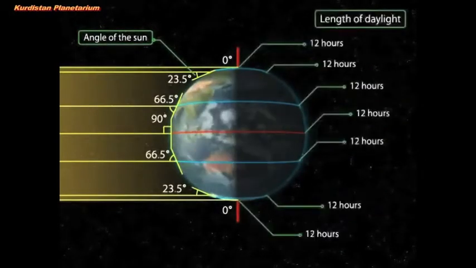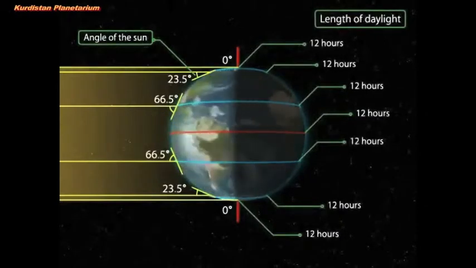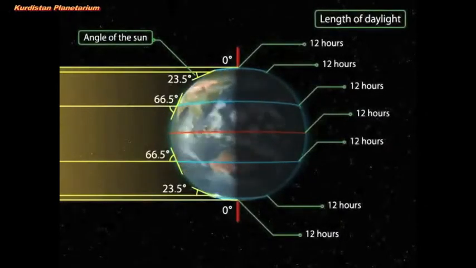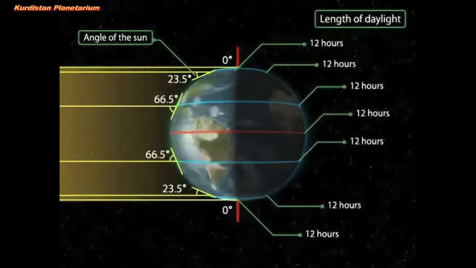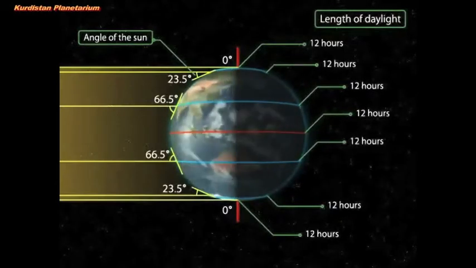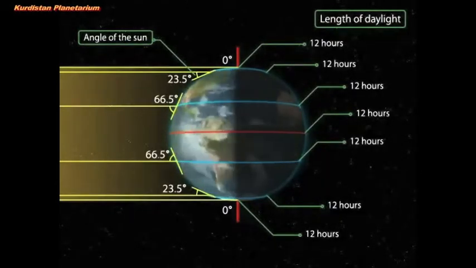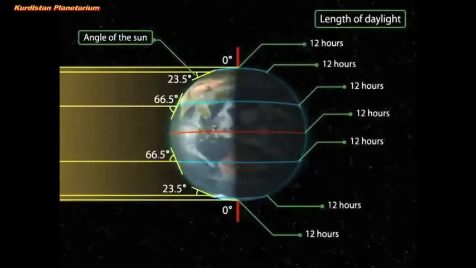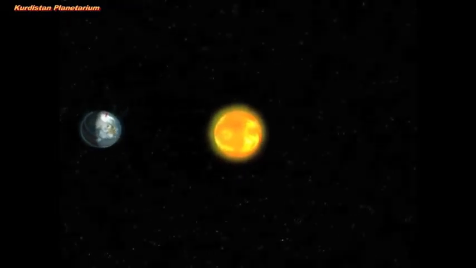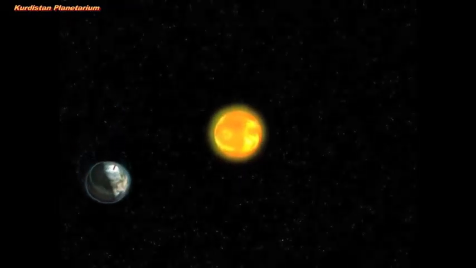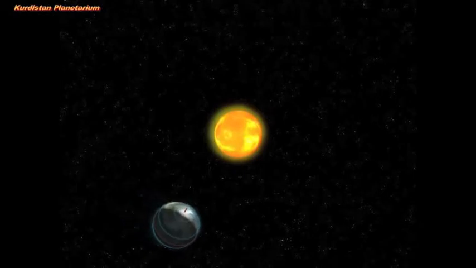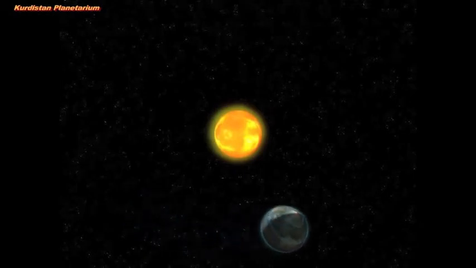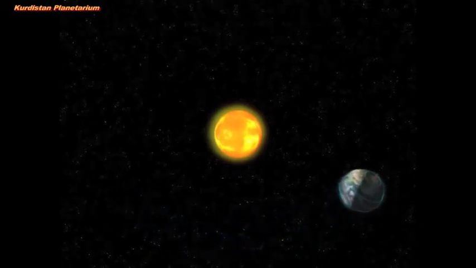On this day, the two hemispheres receive a similar amount of solar radiation, and the length of day and night is the same at all places on the Earth. After this day, it is spring in the northern hemisphere, where the day is longer than the night. In the southern hemisphere, it becomes autumn, when the day is shorter than